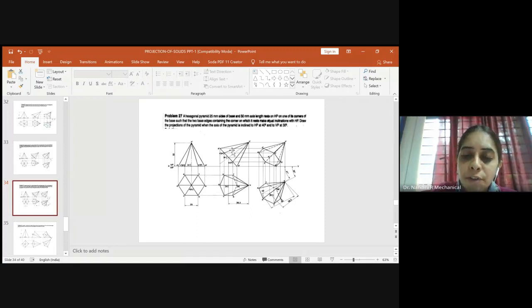So now you have to shift such that it is lying on one of its corner on the XY plane. So what we do is, we will measure from O1 dash to A dash. What is the distance? After you measure this distance using the compass, just move on this axis line until that distance cuts on our XY line. So you'll be having this reference point and where it has been cutting, right? So these two you will join immediately. So this is half part of the base. So you will name this as O1 dash and this is as our A dash. So this base half part is done.